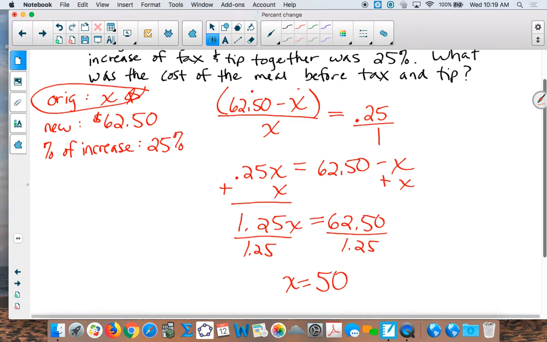Now remember, 50 is not a percent. What we were looking for was our original cost of the bill. So that means that the cost of the meal before tax and tip